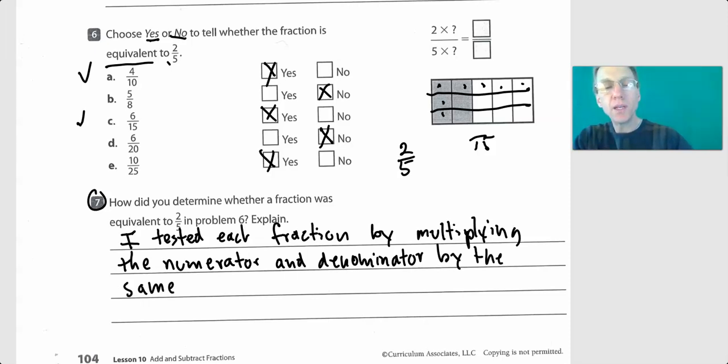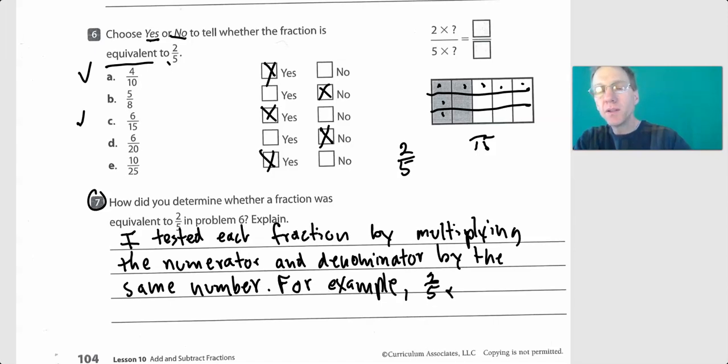And whenever you're doing a written explanation in math, it's always a good idea to say, for example. Examples are just good. For example, 2/5, if I double it,